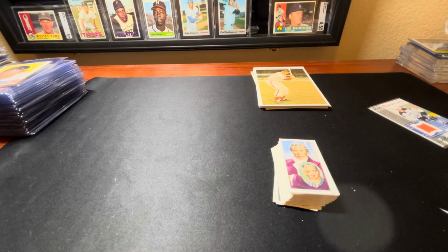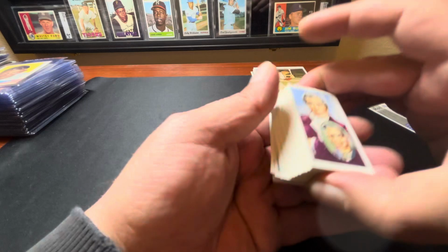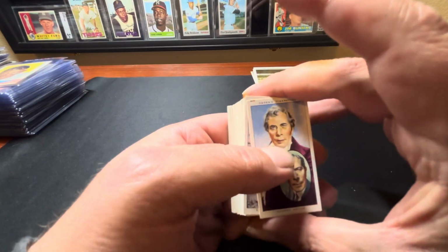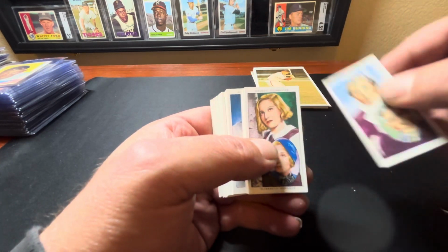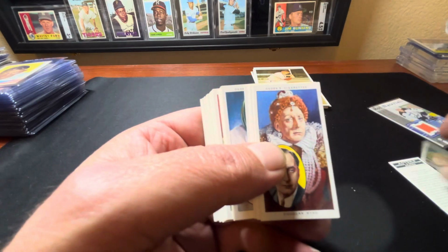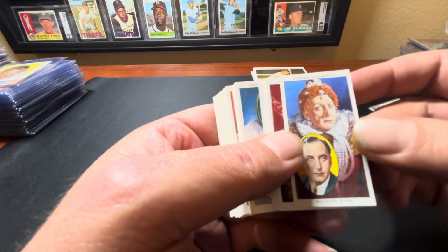Yeah, so this is also a not very popular set. 556 total graded. I only have one guy in the set whose name I even recognize, but we'll go over them all. These are actually really cool looking because they're in color comparatively. This was 38, so this was 2 years later. We got George Arliss, Elizabeth Berger, Douglas Bing,